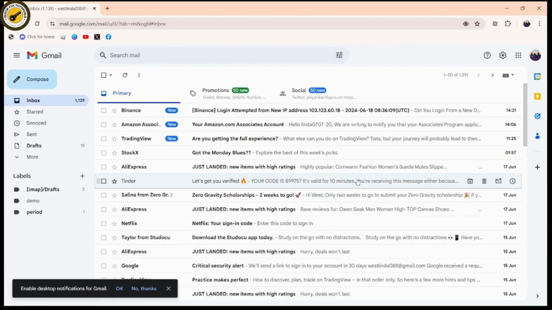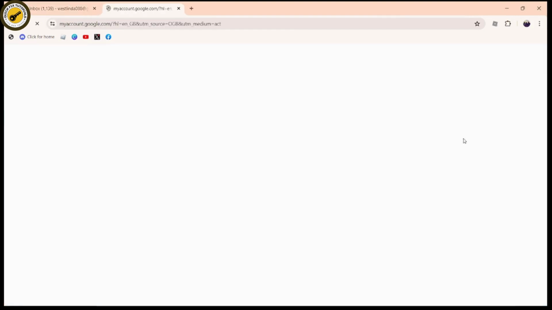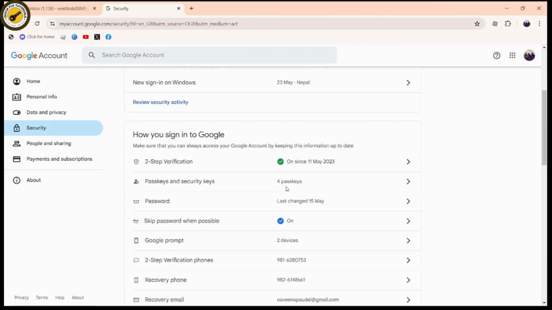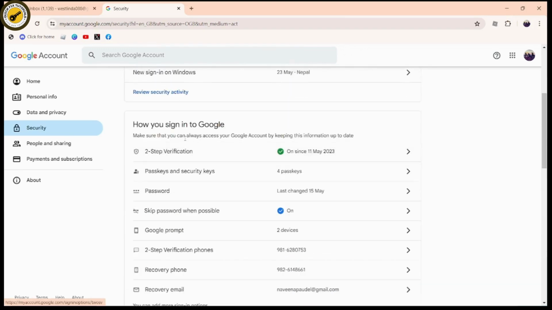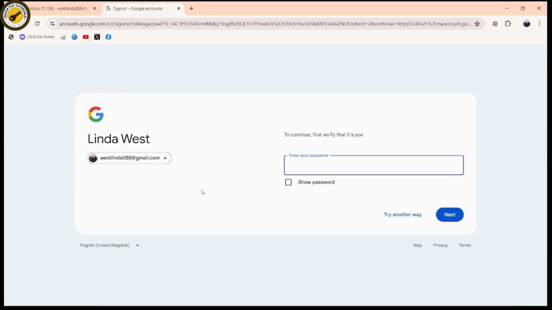And once you've saved the changes, now you need to go for your profile which is on the upper right, and then you need to go for manage your Google account, and here you need to go for security, and under your security you need to scroll down, and here you will have how you sign into Google, right? So under that you need to go for the two-step verification, and you need to enable the two-step verification. So I have already enabled my two-step verification under this account, so make sure that you have enabled the two-step